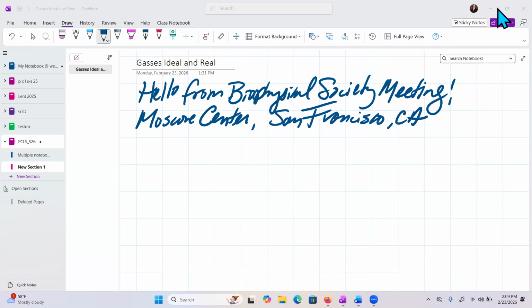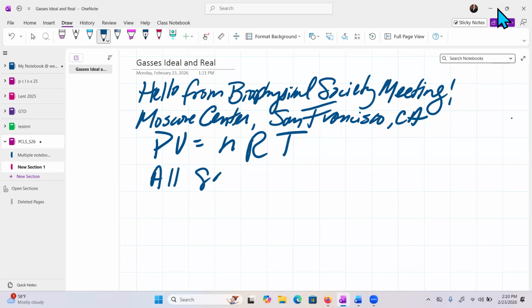All right, so the ideal gas equation. The ideal gas equation is PV equals nRT in its simplest form. So let's write that down. PV is nRT. All right, P is pressure, V is volume, n is the number of particles, R is the ideal gas constant, and T is your temperature. And the assumption is that all gases behave ideally when they're sufficiently dilute.